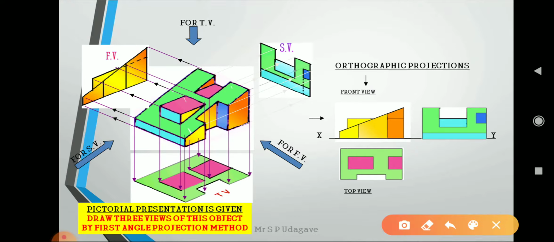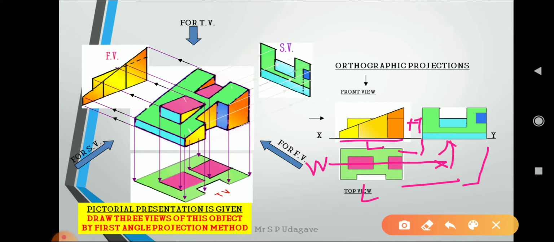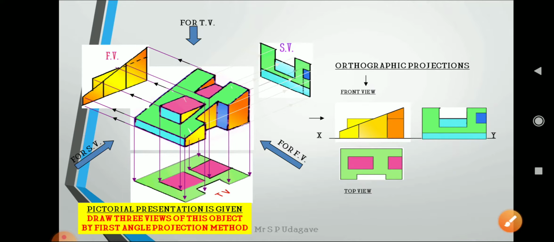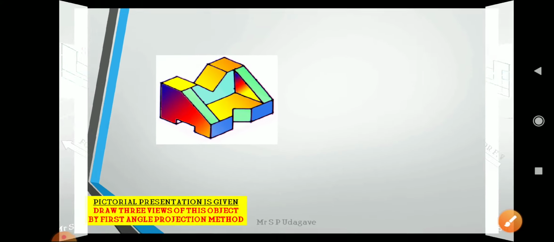from both these views we can complete the side view. In this figure, this is the length, this is the height, and in this length and width we can take the width from the top view, and the height from the front view, and we can complete the side view, the left hand side view.